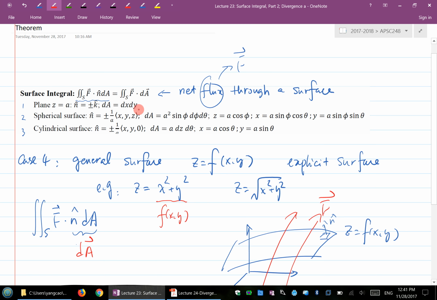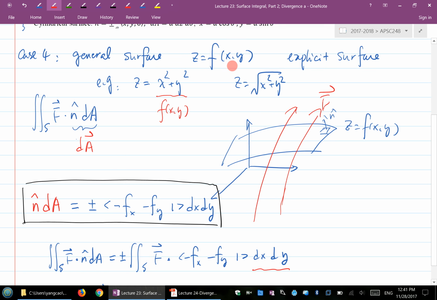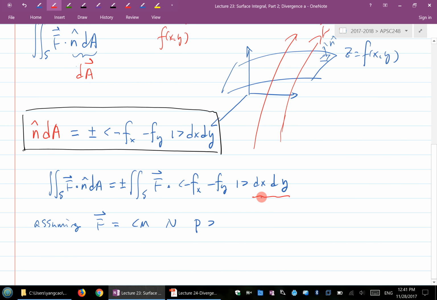Here you have a d phi d theta. So that's right, 2 out of the 3 of those for spherical. And for cylindrical, you have a dz d theta. So that's also 2 out of 3 for the cylindrical. Okay. And then in this case, with this formula, you end up with just x and y,